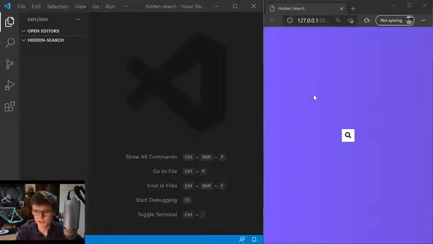Today we're just going to make this really small little tool or widget where when you click on the search icon it brings a search box into the page. Okay, with a little transition on it. So let's start with our index.html